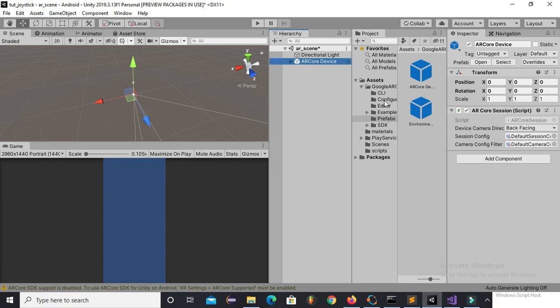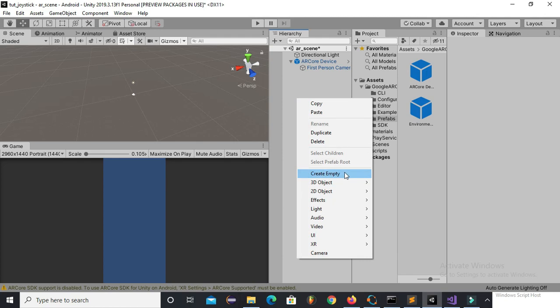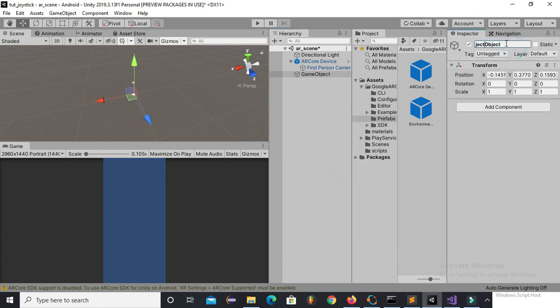Then we will create an empty object which will help us to spawn a sphere, so that we can move that sphere using the joystick and slider, and that script will also help us to detect the planes. I'm giving it the name spawn.